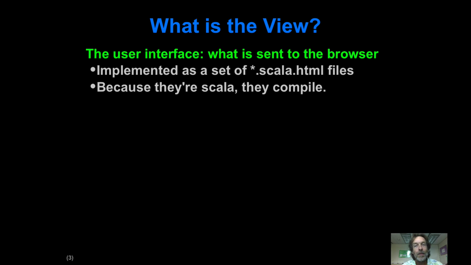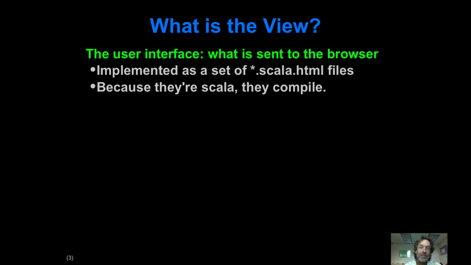So the view is really simple. The view is basically what's going to be presented to the user, and it's implemented in Play via this set of HTML files that actually contain Scala code. So they're compiled. That means that you pass arguments, you have a parameter list that you pass into them explicitly, and they get compiled when you do a test or a run or a compile inside your Play